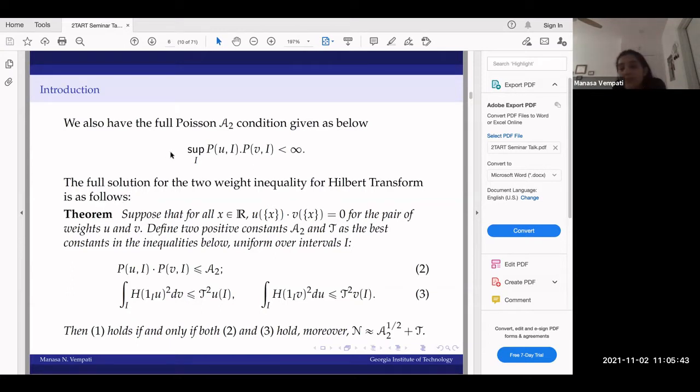The full solution for the two-weight inequality of the Hilbert transform is given in this theorem, which is due to Michael Lacey and others. I'm going to state what the theorem says. For all x in R, consider two weights u and v such that they do not share a common point mass, which is given by this equation, and define two positive constants A2 and tau as the best constants in inequalities 2 and 3 here. The theorem says that 1, which is the two-weight inequality for the Hilbert transform,